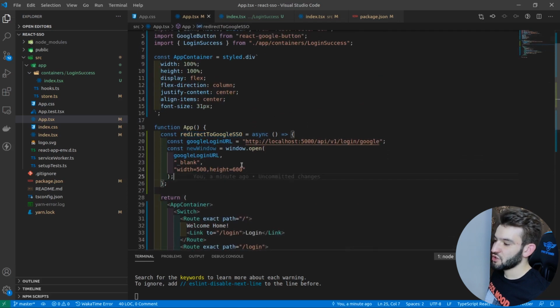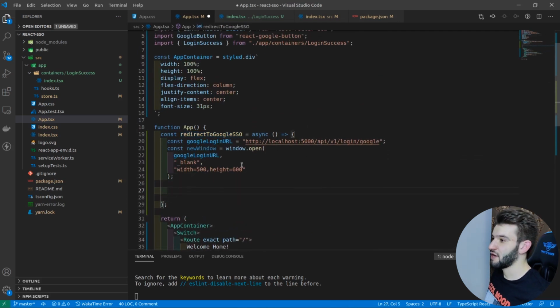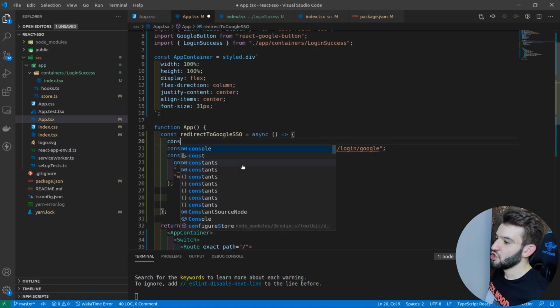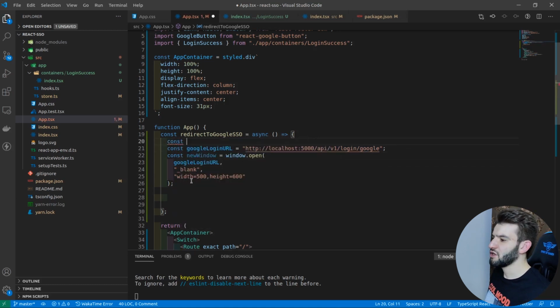And what I want is actually to do a timer to check constantly, like every half a second or every second, to check if the child window is closed. If so, we can go ahead and check if the user is authenticated or not. And it's the only way to do it, because some of you might say, oh, why not just have an event listener checking if the window is closed? Well, we can't do that because this is not stable, and it doesn't work every single time on all browsers and all that sort of stuff. So yeah, it's better to use the widely supported and better version of this rather than use a really tricky one. So I'm going to create a